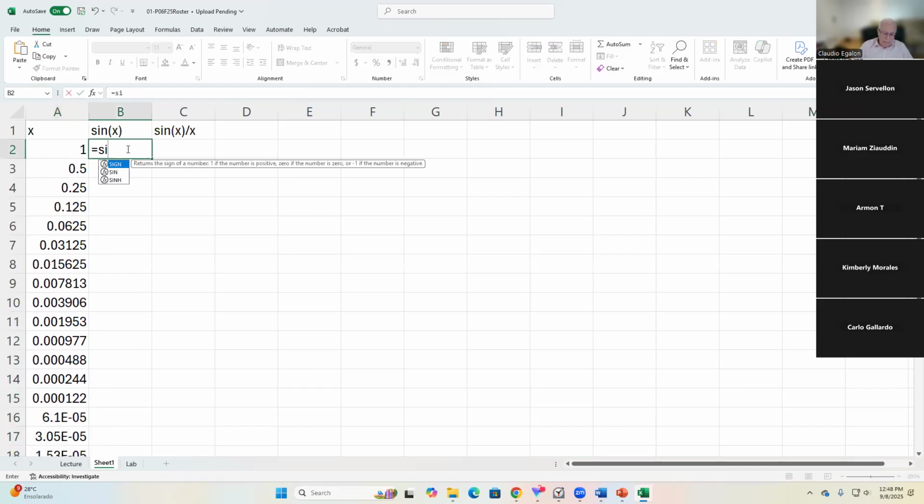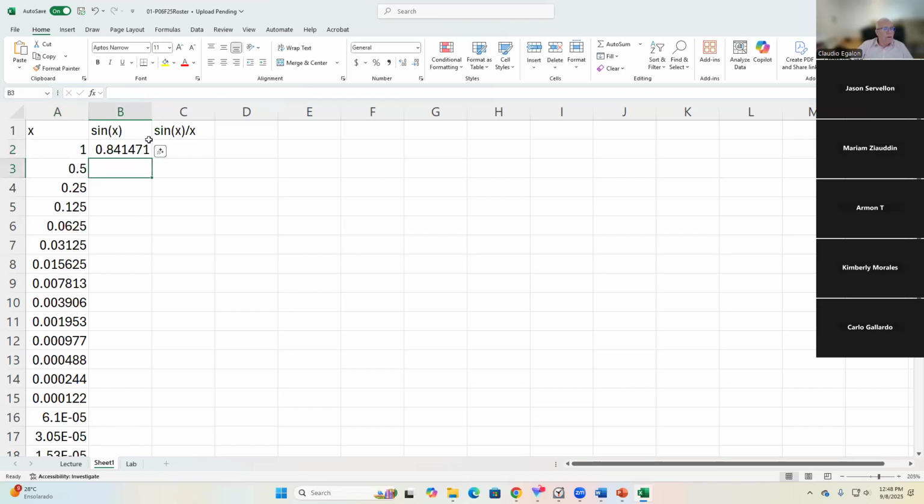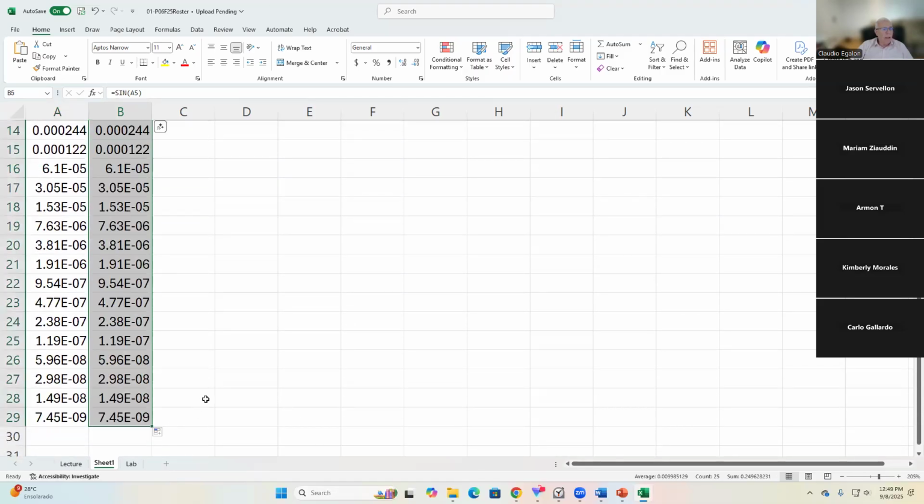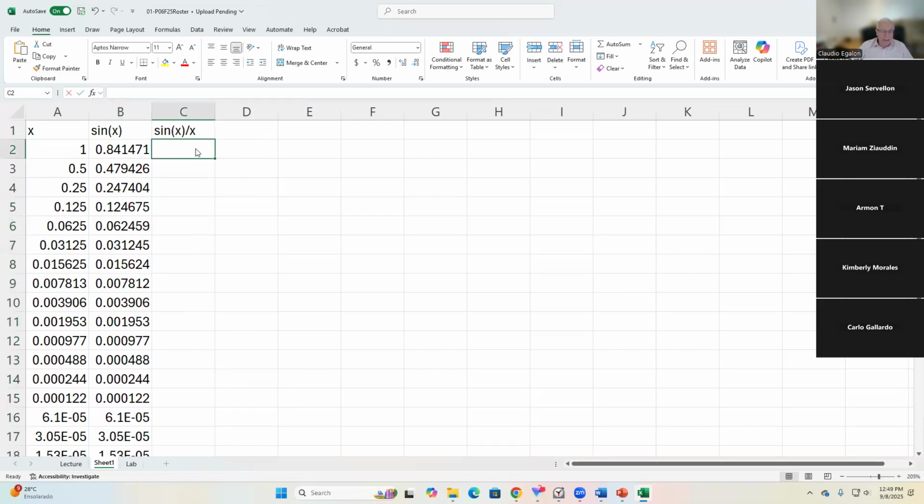And then what do you do next? You calculate the sine of 1, right? And the sine of half, and the sine of 0.25. Don't forget that what we're getting here is 1 radian. It's not 1 degree, okay? Half radian, 0.25 radians, 0.125 radians, okay? And so on. And look what we get. The sine gets closer and closer to 0 as well. Okay? And now we do the ratio. Let's see what happens when we do the ratio.